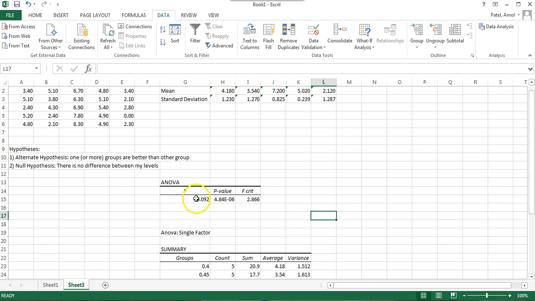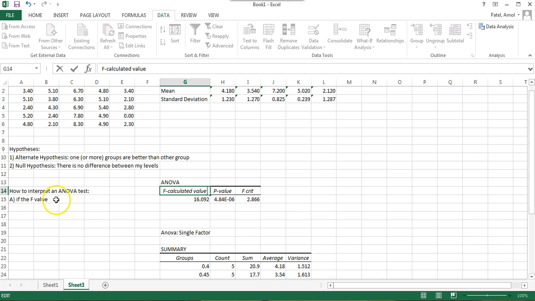Okay, so what this really tells me, this tells me a lot of information, even though it's just 3 digits. And so I'm going to write it out over here on the left, how to interpret an ANOVA test. So there are 2 things you need to know: if the F value, which actually I'm going to retitle as my F calculated value, if